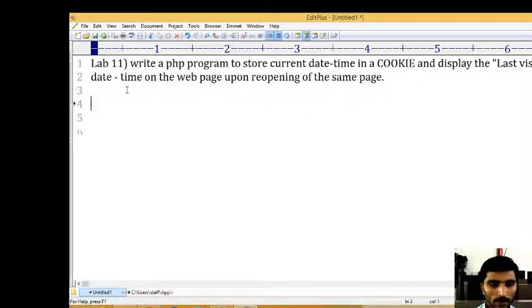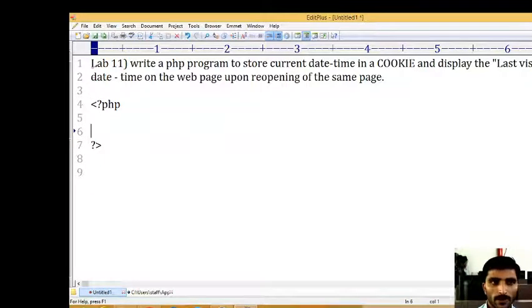So first I start with the opening tag, the PHP opening tag, because we are writing PHP code. I already explained this thoroughly in class. This is the opening tag of PHP, this is the closing tag of PHP. Within that you have to write the PHP code. So you have to write within that.